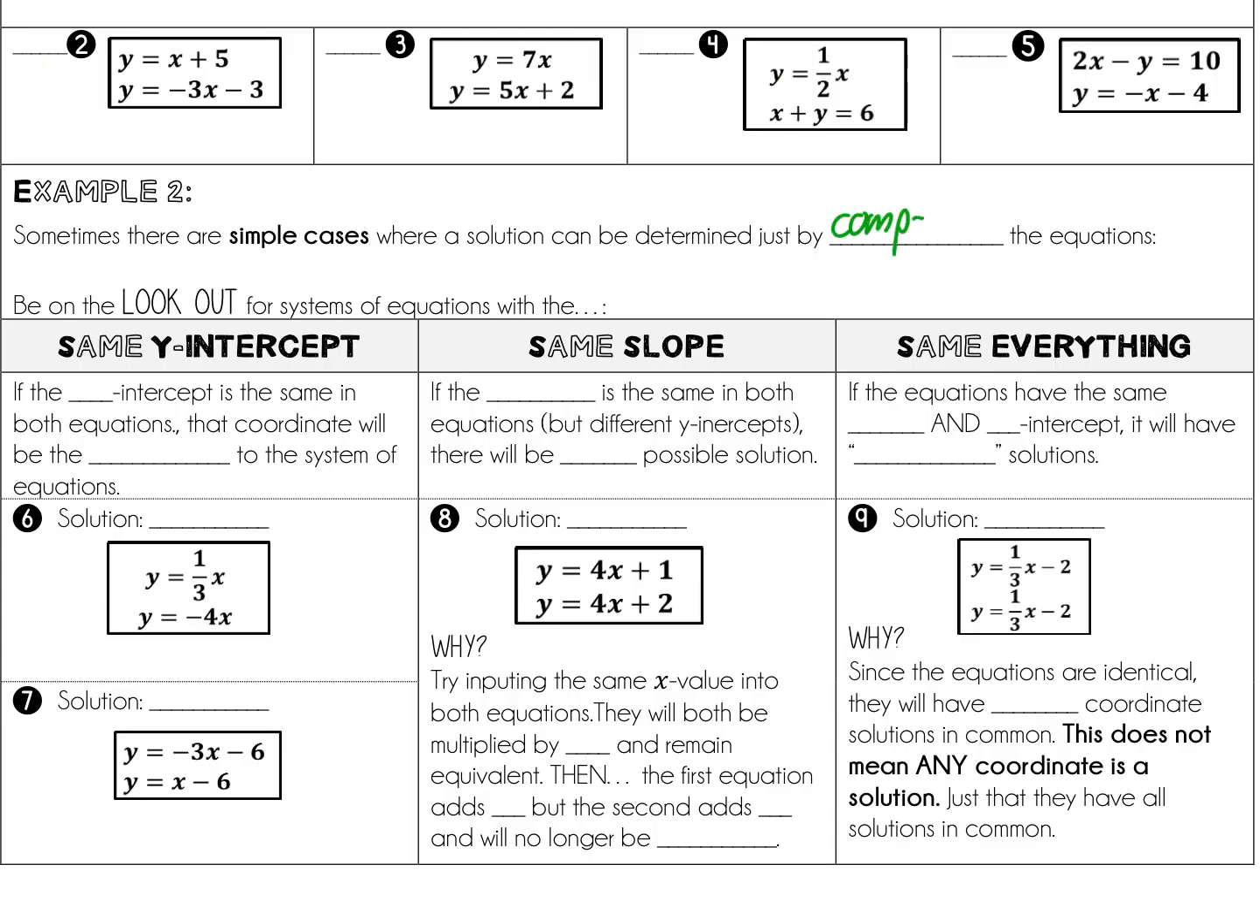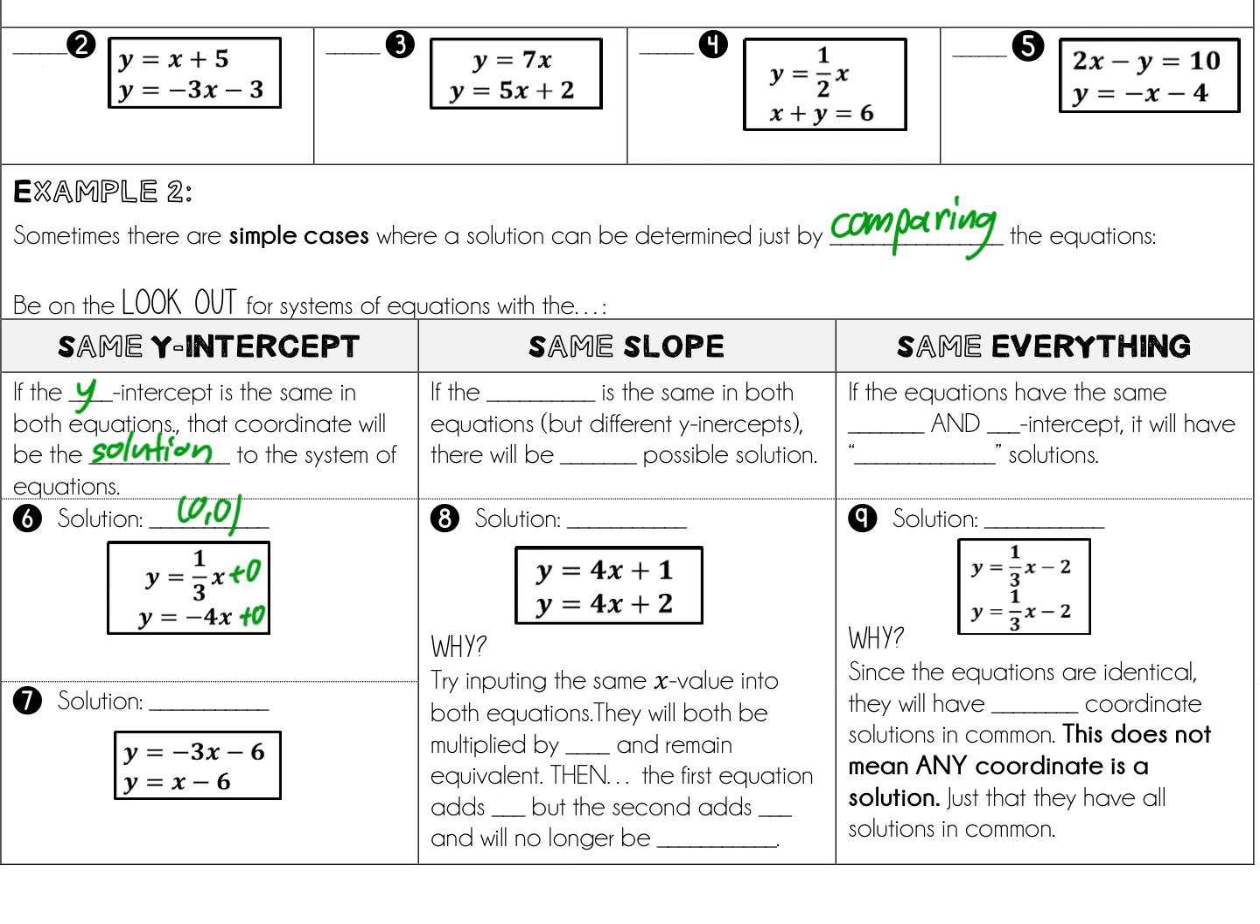Sometimes there are simple cases where a solution can be determined just by comparing the equations. Be on the lookout for systems of equations with the same y-intercept. If the y-intercepts are the same in both equations, that coordinate will be the solution to the system of equations. So in 6, the solution is 0, 0 because the y-intercept to y equals 1/3 x is 0, and